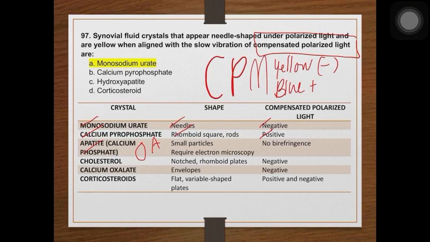Wala po itong birefringence. Paano dinescribe ang appearance? Small particles that require EF for identification. We have yung cholesterol crystal, notch or rhomboid plate. Under a polarizing microscope, yellow, an indication of negative